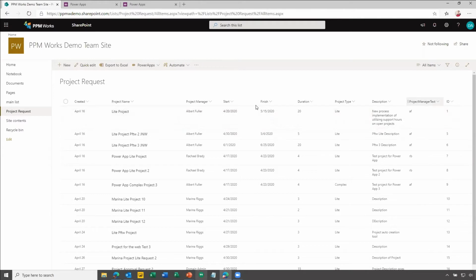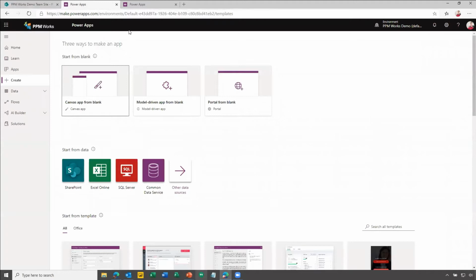We've got basic project information in here: project name, project manager, the start and finish dates of the project, the estimated duration, the project type, whether it's light or complex, the description, and then this is just elements that are part of the other fields. So project manager text is just the initials of the project manager and then the ID value of the field. So if we go to Power Apps, that would be powerapps.microsoft.com,